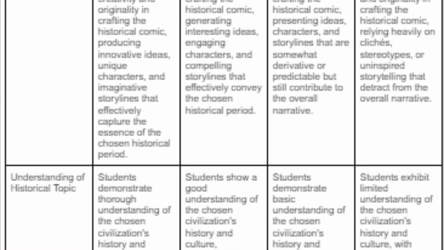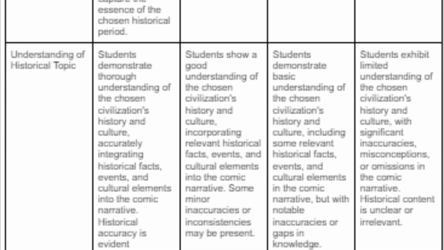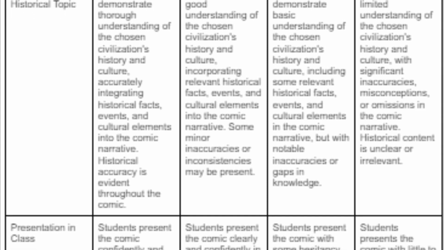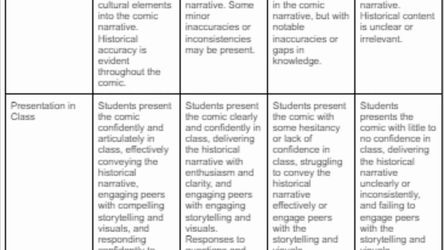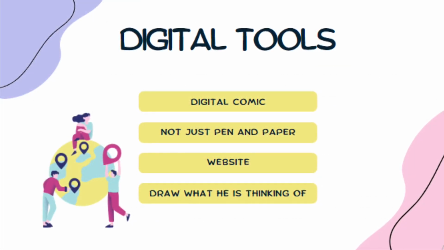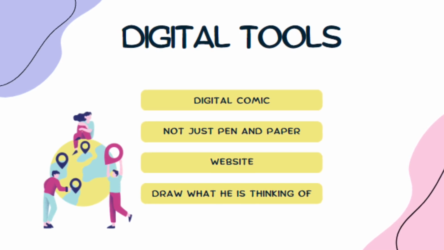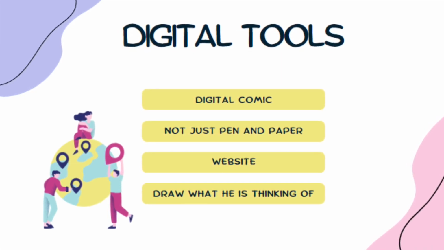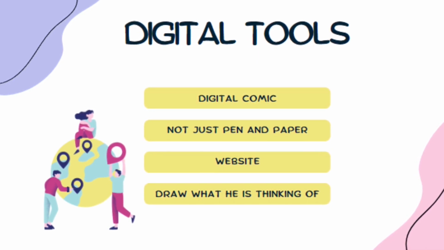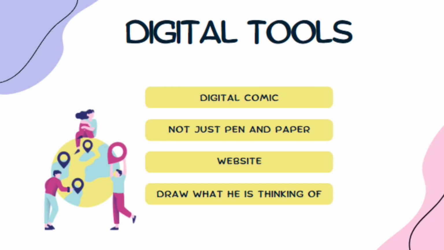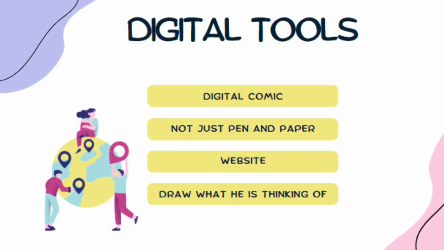For this task, I also created a rubric for evaluating it with some help from ChatGPT, which you are seeing now. As this task is more important than the previous one, it also includes more points to evaluate. Now, this may be the most interesting task regarding the digital tools used in it. Creating a comic without any digital technology, just with a paper and a pencil, can be a headache for a little kid. However, using a website will make the job easier for him, providing a lot of interesting elements that will allow him to express what he's thinking of better.